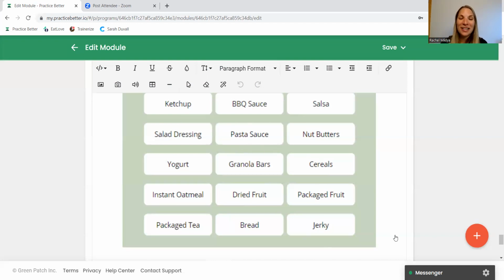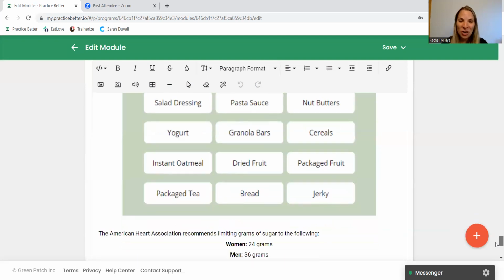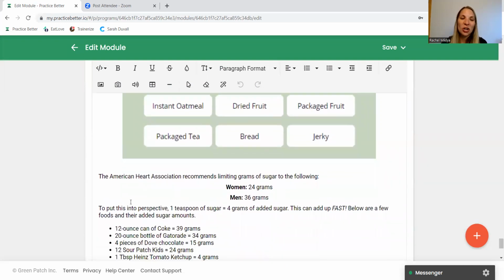So I just want to bring all this to your attention. Again, the recommendation of added sugar per day for women is less than 24 grams, and for men, it's less than 36 grams. And it's not like you need to have this amount. This is the recommendation for the top level. We don't need added sugar in our bodies, right? It's not like it does anything for us, but they want to have us stay less than the amounts listed here. And just so you know what 24 grams of sugar looks like: